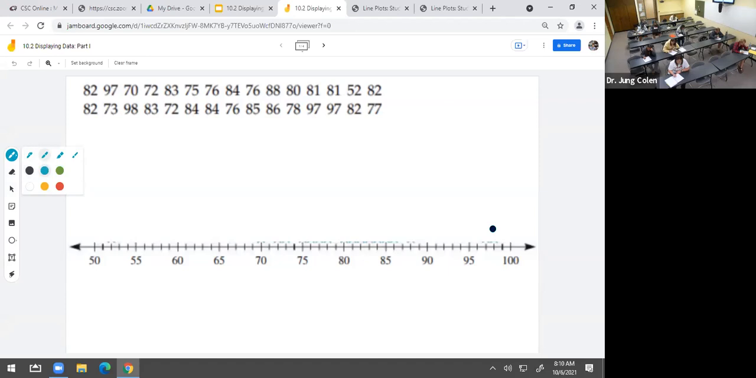How do we do that together? So 82 goes above 82. This is 80, so this is 82. I can put 82 there. 97, 95, 96, 97, right above 97. 70, 72, 83, 75, 76, 84,